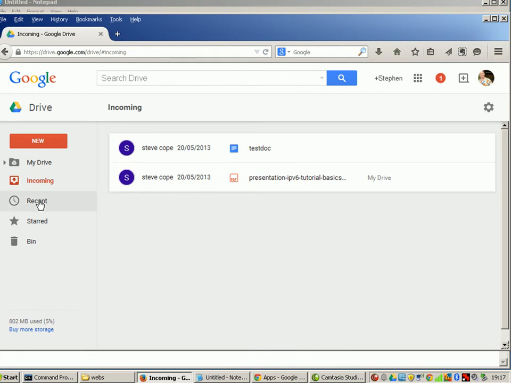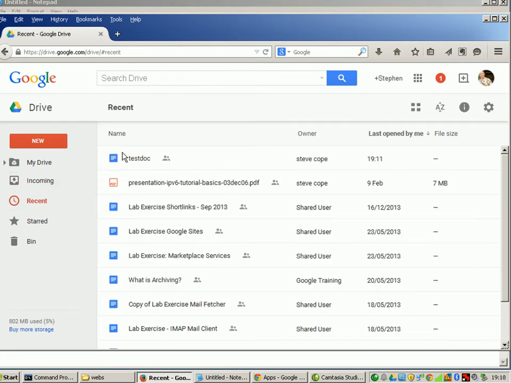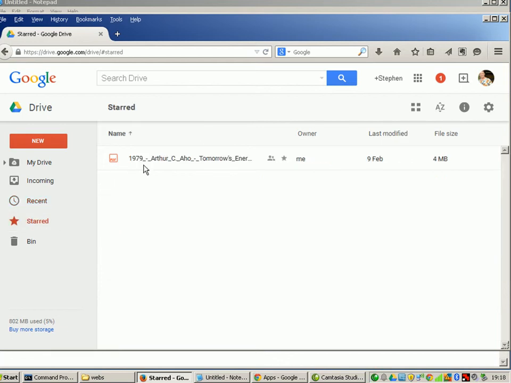Now go down to the recent, and it shows you all the recent documents you've been working on. Very useful for quickly going back to something you've been working on, instead of looking for it in My Drive where you've got probably lots of files. You just go into the recent folder, and the starred folder is a similar one. It's all the files and folders that you've favorited. So again, you could favorite a file you've been working on, and so you can quickly gain access to it again. And the bin,